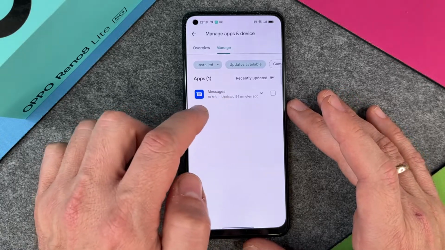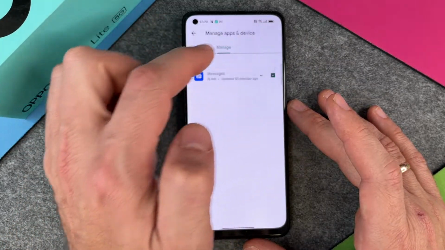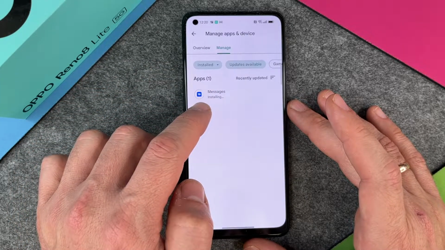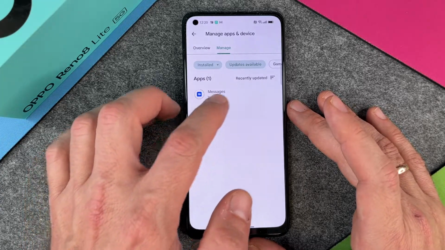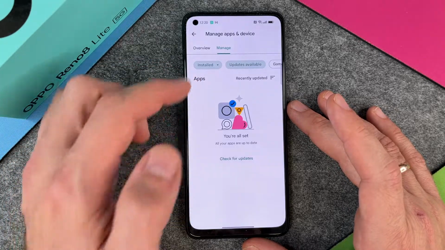There is only one update available at the moment, so I can just click on it, and then I can just say, okay, here, please update it, and then it will download and install the newest version. So you can see here that I have only one app. If you have more apps, then you will see these apps here, like